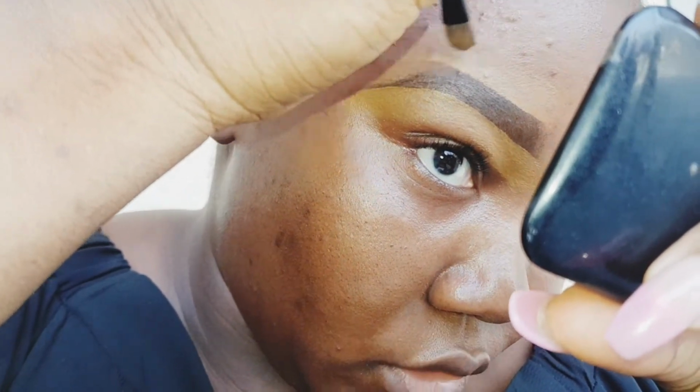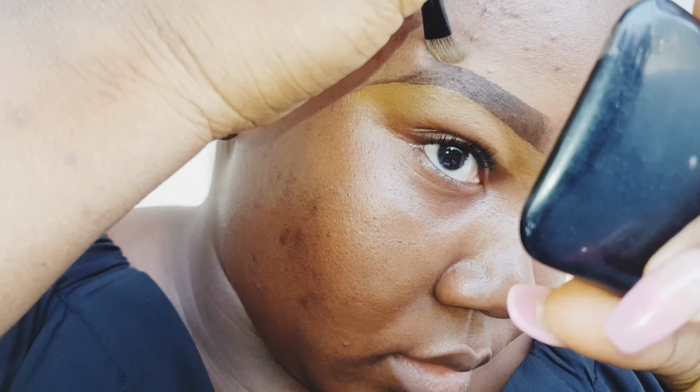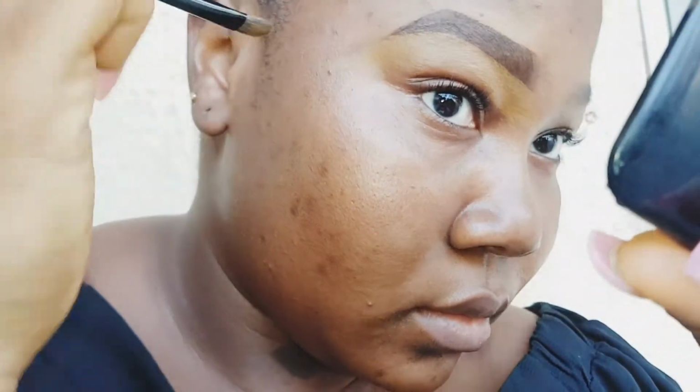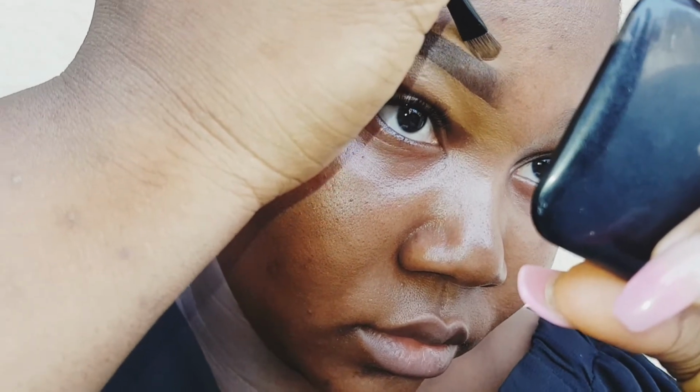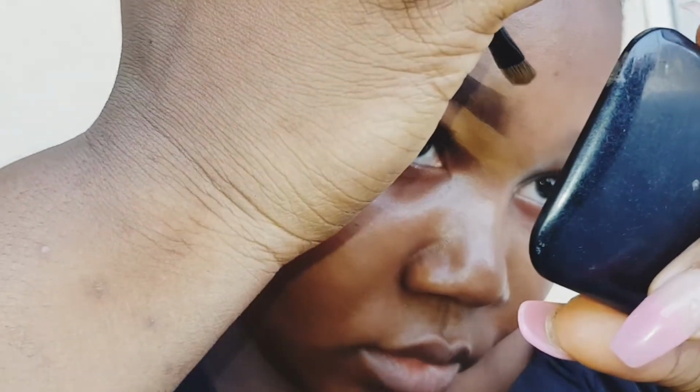So I am going up again. I like my brows well defined, guys, and I do not shape my brows. So I'm going up again with the same foundation and just one brush, a flat brush, tracing it out. You can make use of your angle brush if you have an angle brush. So I'm tracing it out